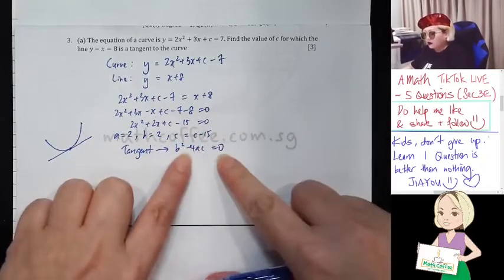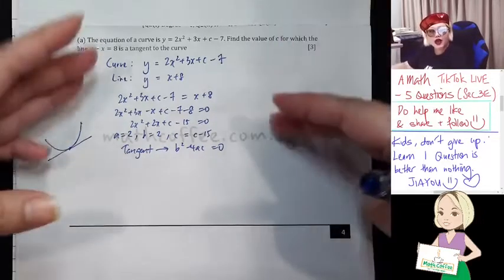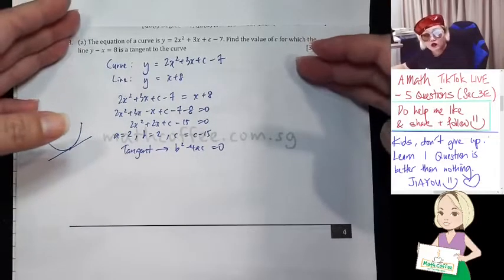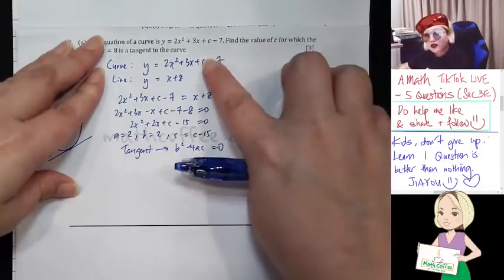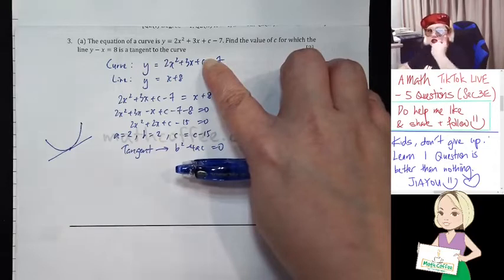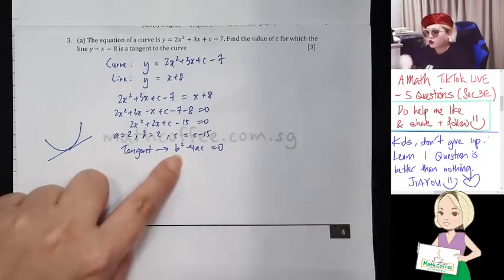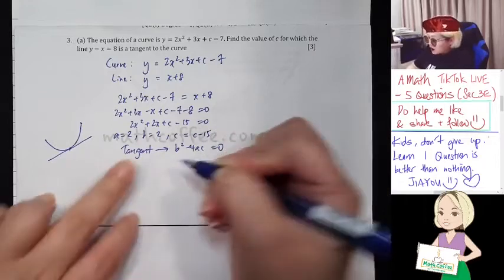Understand? So you see how I do this question? A curve and a line. My curve is not complete for this question because there's an unknown c. But it's okay because they tell me the property that the curve touches the line. So I will base on the property, discriminant equals 0, to form an equation so that I can solve for c. Understand? So b squared,